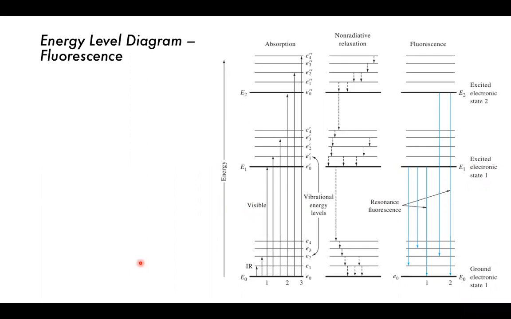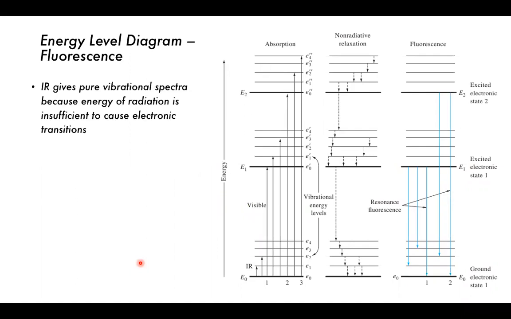So here are some energy level diagrams for fluorescence. Infrared gives pure vibrational spectra because the energy of radiation is insufficient to cause electronic transitions. So with these vibrational energy levels, if we have IR radiation, the energy is not enough to go up to the excited state energy levels. So we can get very pure IR spectra because we only go up to the IR energy levels. We never go up to the excited state. It is possible to do those kinds of measurements, but they're much more complicated and difficult. So the common ones are just staying in the ground electronic state and exciting to different vibrational energy